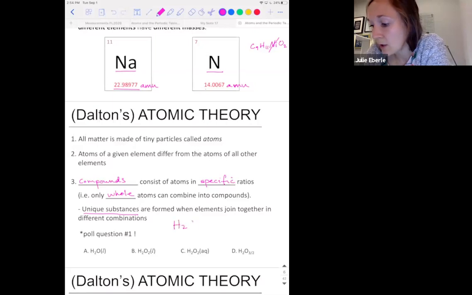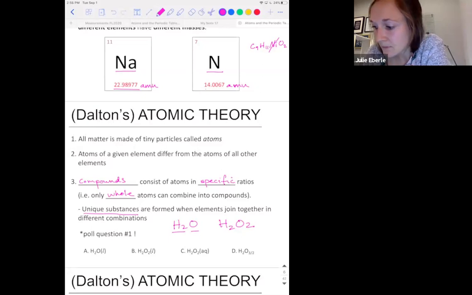For example, water is H2O. Hydrogen peroxide also has hydrogen and oxygen, but it's a different ratio. Water has 2 hydrogens for every 1 oxygen. It's a 2-to-1 ratio. Hydrogen peroxide is H2O2: 2 hydrogens for every 2 oxygens. So it's a 1-to-1 ratio there. So you see that when we get different specific ratios, you can have the same elements, but you get unique